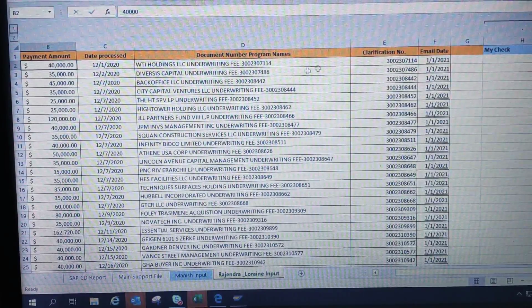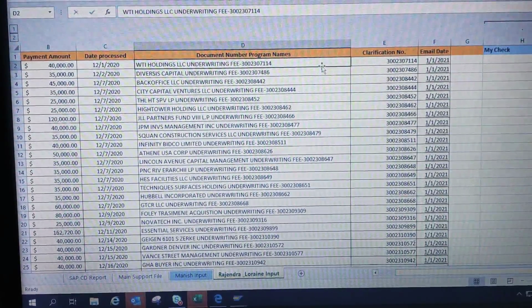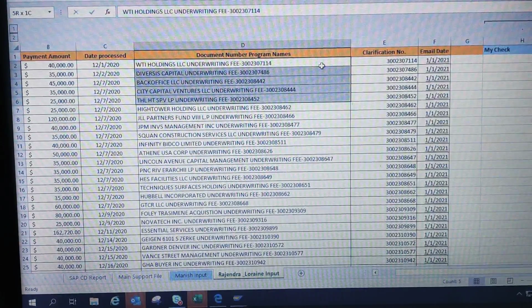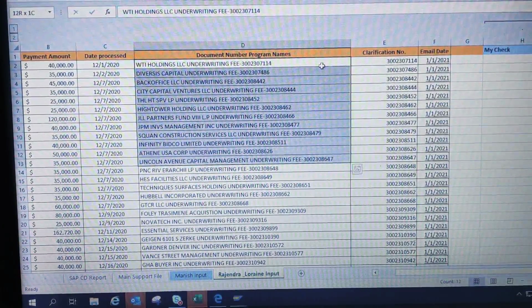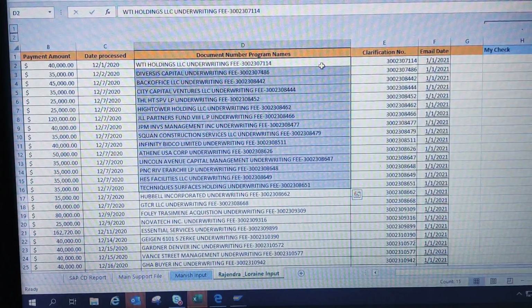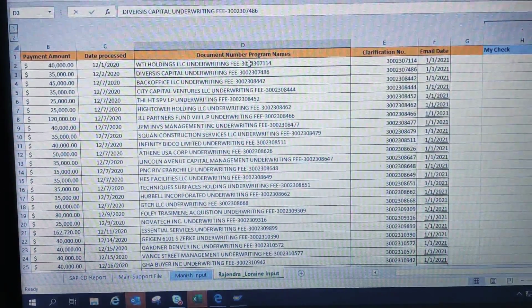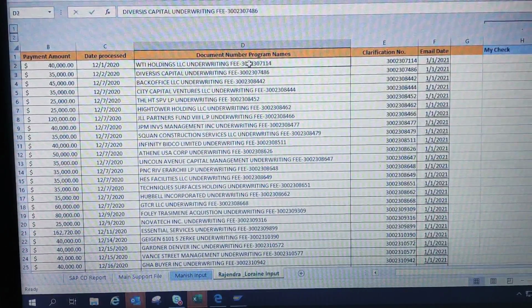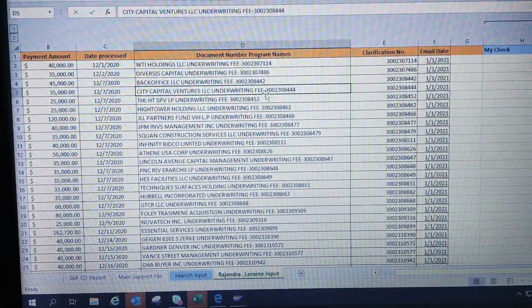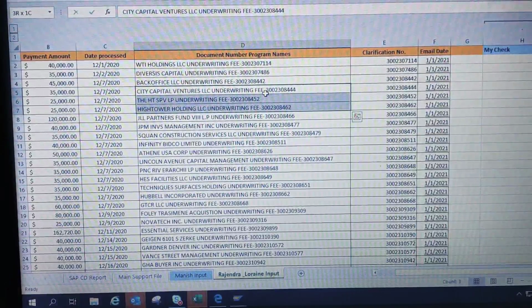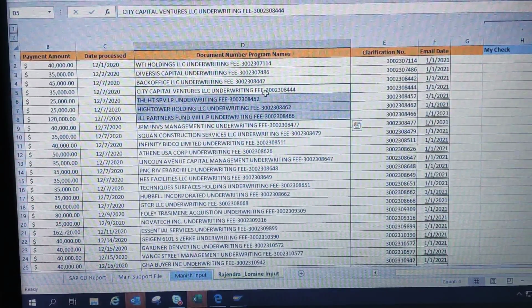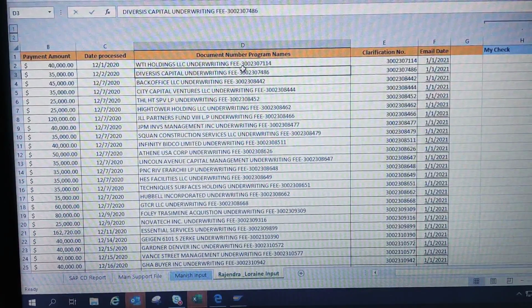So it is document number with program name. As you can see, at the last we have numbers starting from 3. Our task is to take these numbers out. We cannot simply write a formula and take the numbers out, because every cell has a different length of names, which would not allow us to take the proper document number.